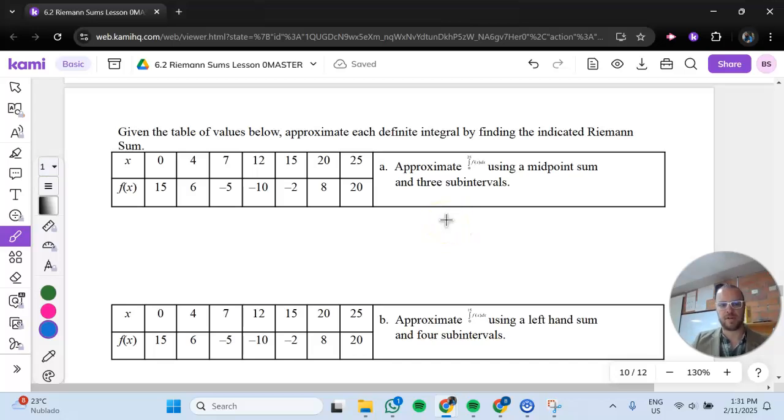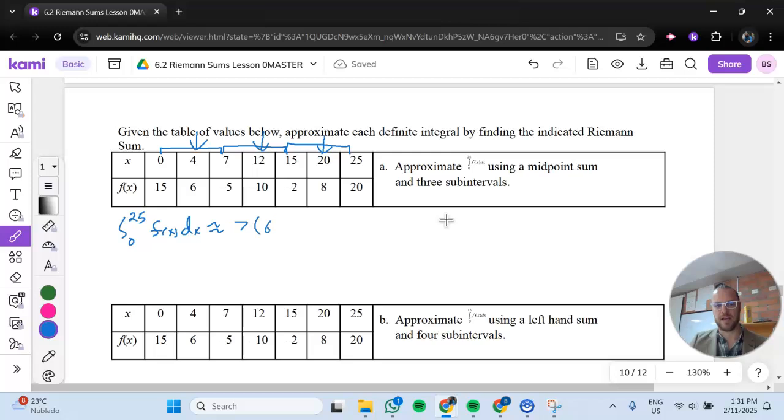So if we have 3 intervals, that would mean we're going to go from here, right? 0 to 7, 7 to 15, 15 to 25. And we're going to use the midpoints, so we're going to use these ones that are in the middle as our heights. So the approximation from 0 to 25 of f(x) dx can be approximated by saying the width of